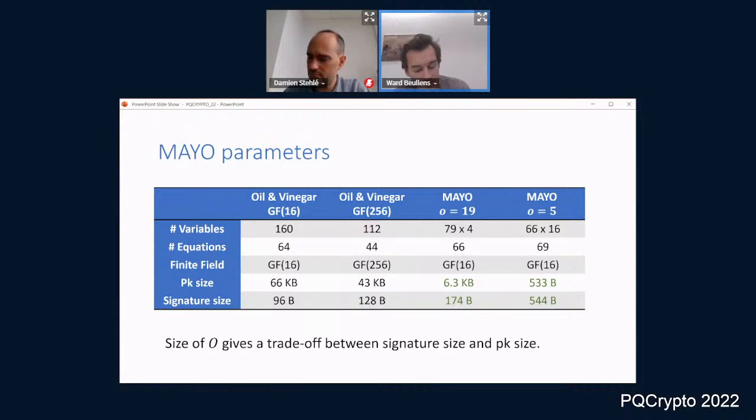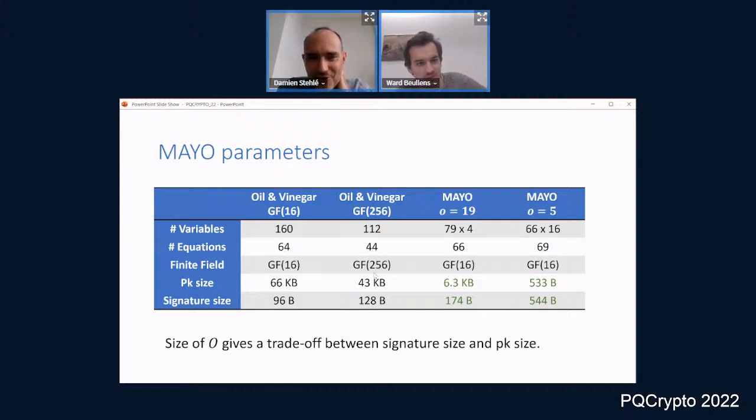Yeah, you can definitely go more, but that's not really useful. I think in general, it's not useful to make the public key smaller. You can always do this for any signature scheme, right? You just replace your public key by a hash of your public key, and you put the real public key as part of your signature. Then in verification, you check the hash of your public key, and then you check that the signature is valid. I mean, you can do it, but I don't think it's particularly useful.